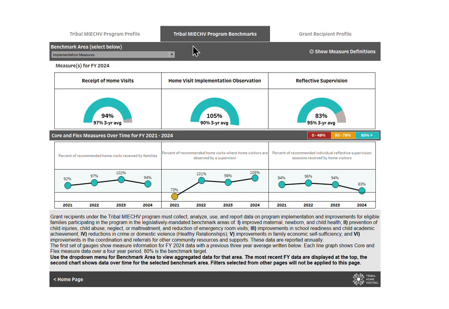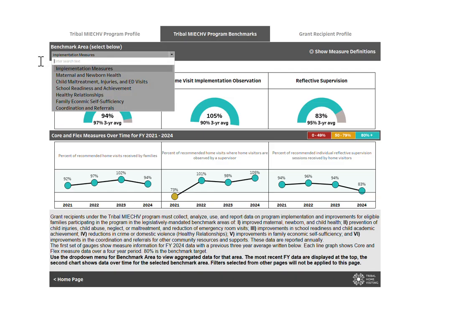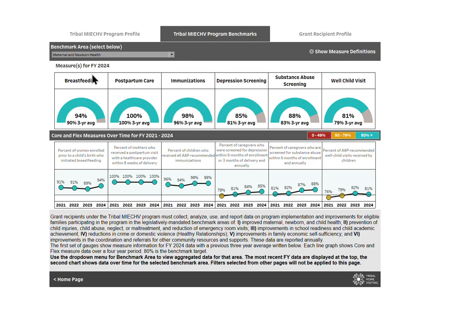and it will break out benchmark information by the various area you selected. The default for the dashboard is implementation measures, and the measures are shown for the most recent year, 2024, as well as over time, with a description of what each measure means. You can make a selection to change the group by selecting the dropdown and then selecting the area you are interested in. To go to the third panel, you can make a selection for Program Profile, and it will take